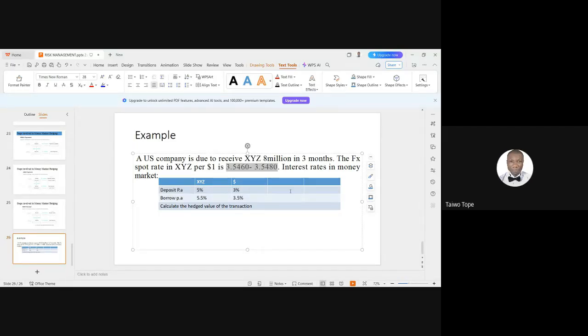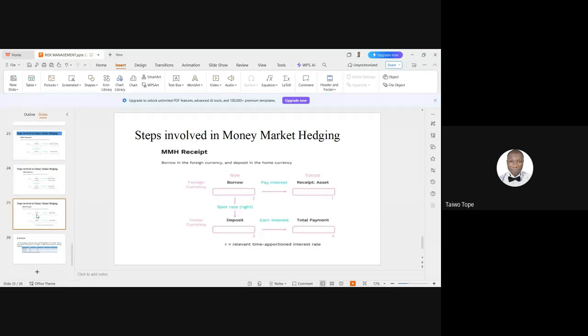Okay, fine. So interest rates in money markets: deposit per annum in terms of XYZ is 5%, for dollar 3%. When you are borrowing in XYZ, it is 5.5%. In US it is 3.5%. Calculate the hedge value of the transaction. Now, from this table, let's say this is a case of receipts. Now, using this table here in your book,